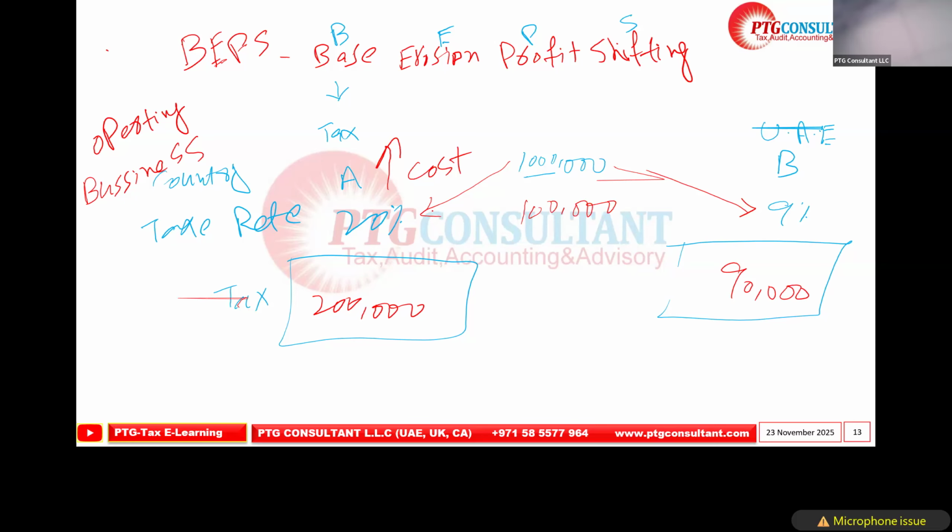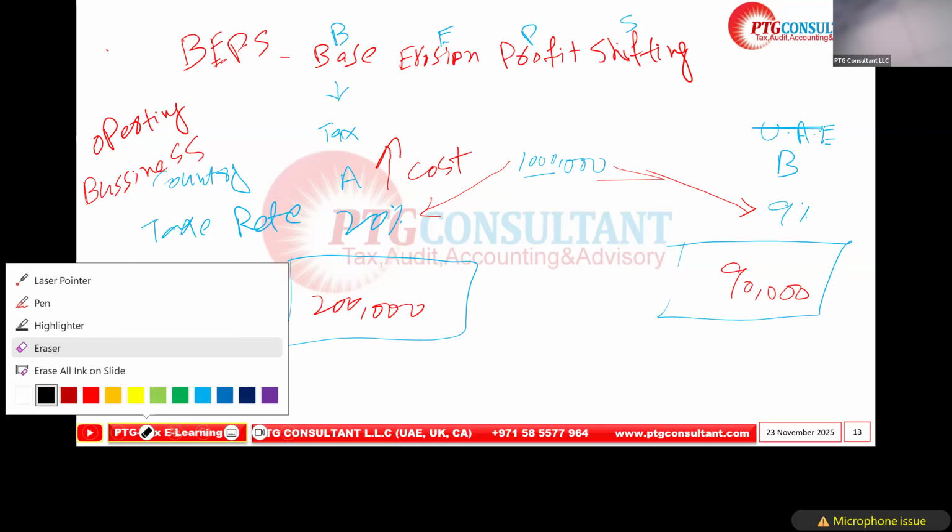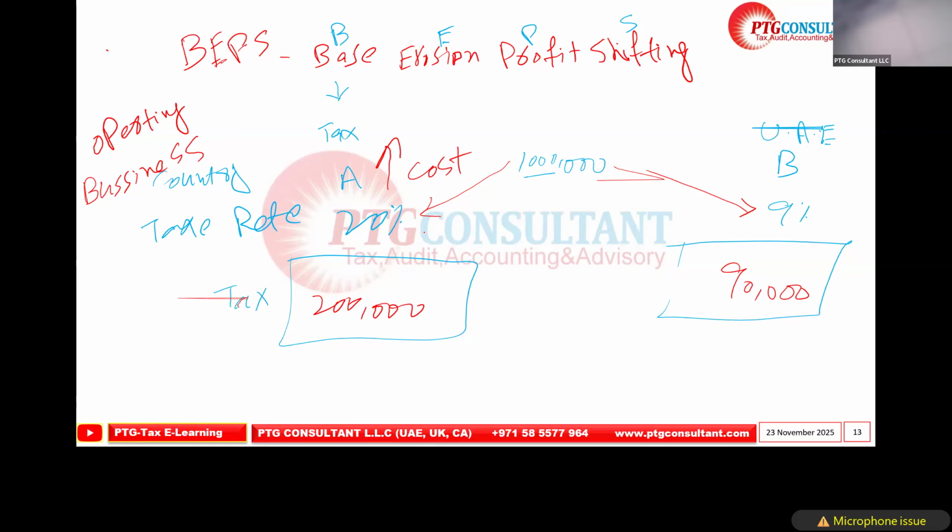What they did, they increased the cost in country A and reduced the profit. So if the cost is increased, the profit is reduced. Now the profit after this in country A may be